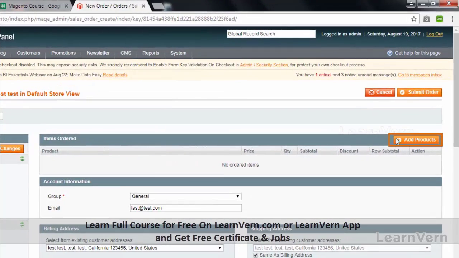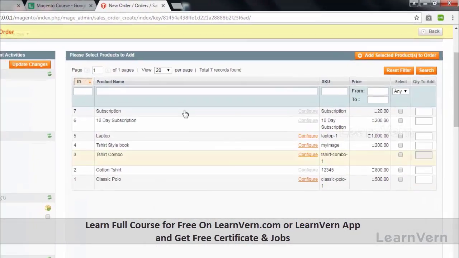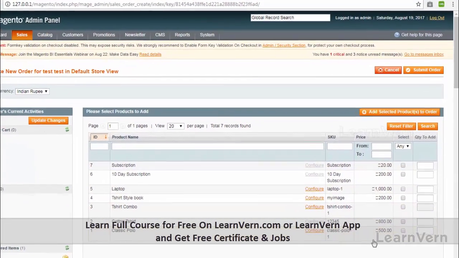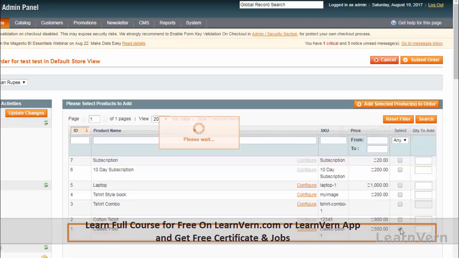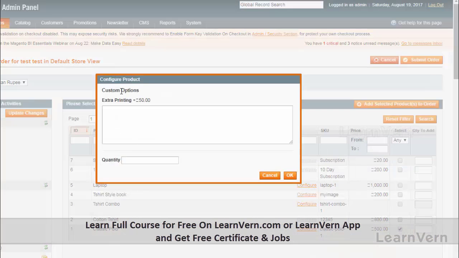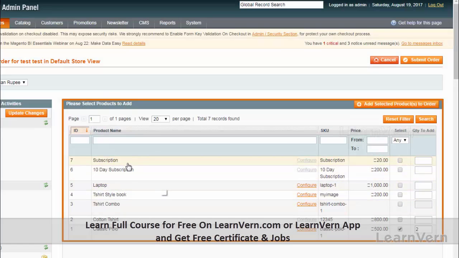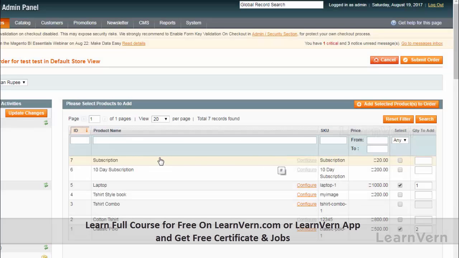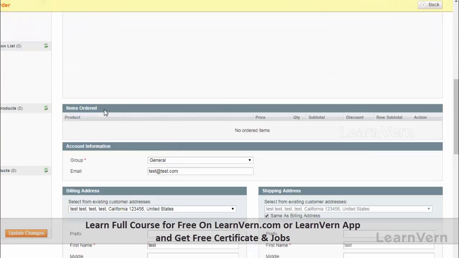So if I want to add any new products, I will click on Add Products, and it will show me a list of all the products. In the new order, I want to add a classic polo t-shirt, and it will also show me the custom options. I'm not going to go for a custom option this time, and I'm going to select the quantity to be 2 and click OK, and I'm going to add a laptop, which will be 1. So the products have been added,